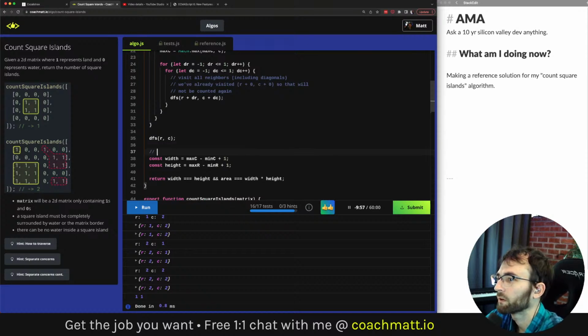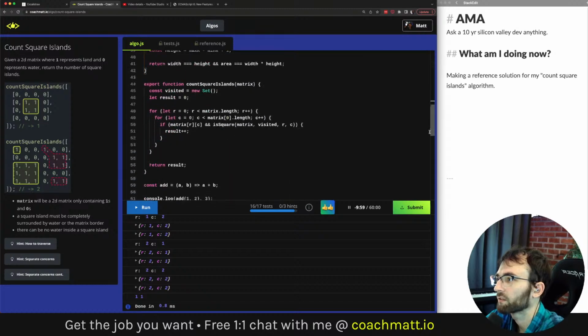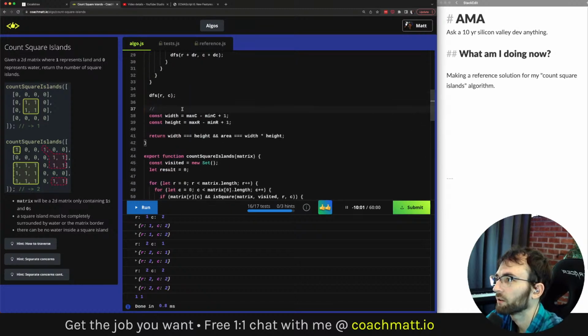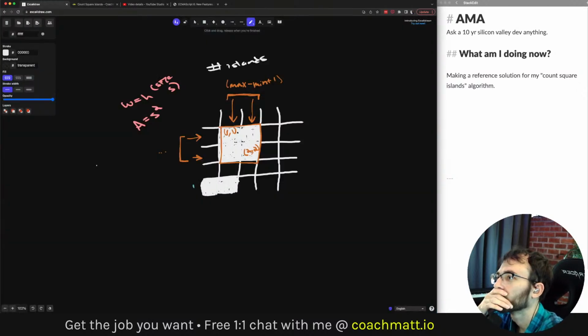Okay. So no one else is asking any questions, so I think I'll just write a few more comments and then call it a day. Okay. So width, maximum minus the minimum plus 1. What's a good way to explain the plus 1 nature here?